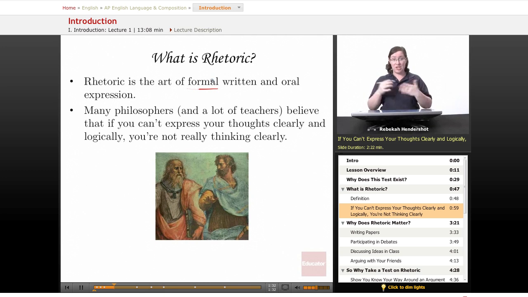And for hundreds, actually about 1,000 years, this was one of the major things that people were taught in school. You weren't considered qualified as a citizen, as a member of society, unless you could do these things. Even up until the late 19th century, every student who went through school had to study these ancient Greek philosophers, had to study rhetoric, very often had to study Latin as well to give them a foundation in grammar, and you weren't considered fully qualified to be an adult unless you could think and express yourself clearly.